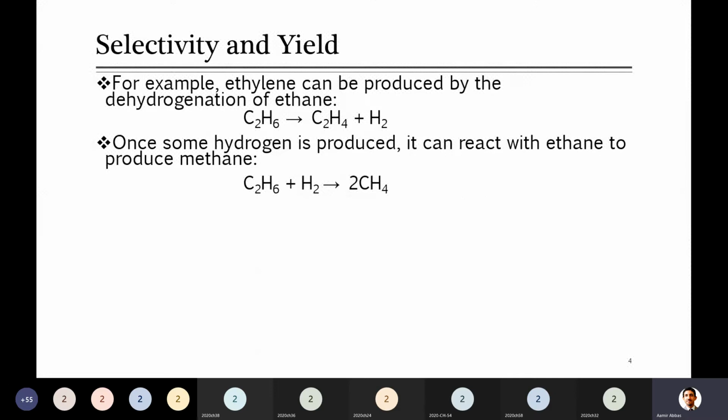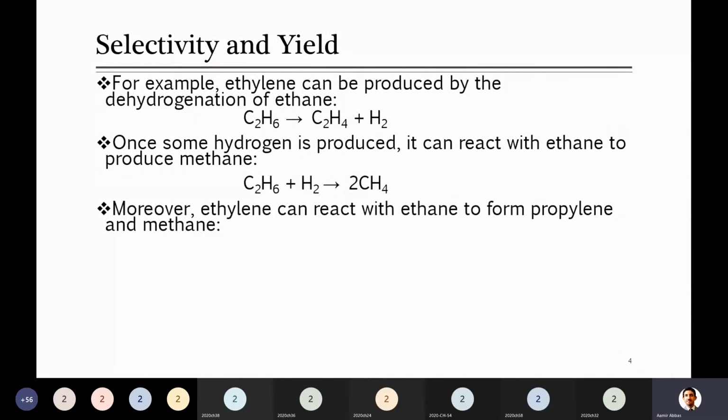So what will happen here? One thing you can see is that your reactant, which was ethane, that was supposed to produce only ethylene, is also consumed to produce some methane. As a result of this, your reactant is lost in some undesired product. So one molecule is lost here, being consumed to produce methane, that was supposed to produce ethylene. So that's the loss of the product which you were looking for.